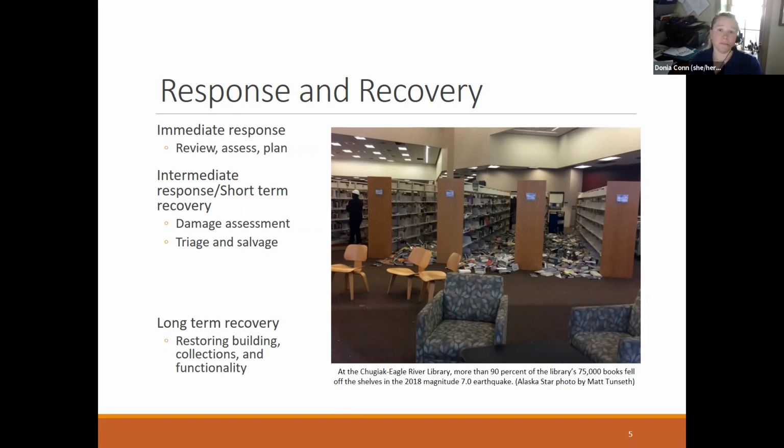But as we know, something's going to go wrong. Something's not going to be as we expected, and we need to adjust that plan. So we need to review the information. We need to assess the information. We need to adjust the plan. So this is a constant and ongoing process,